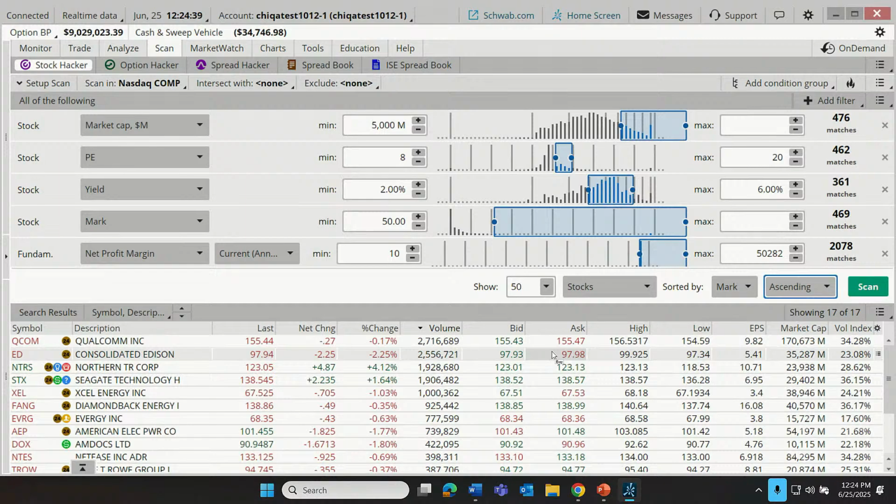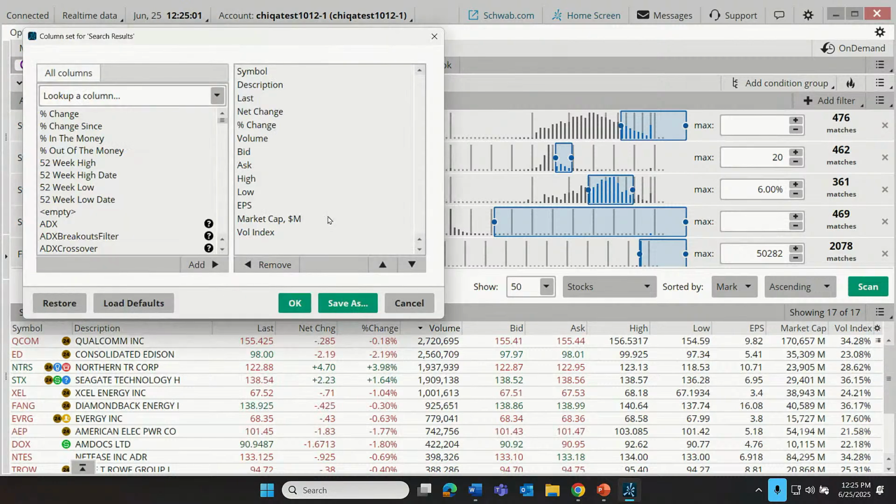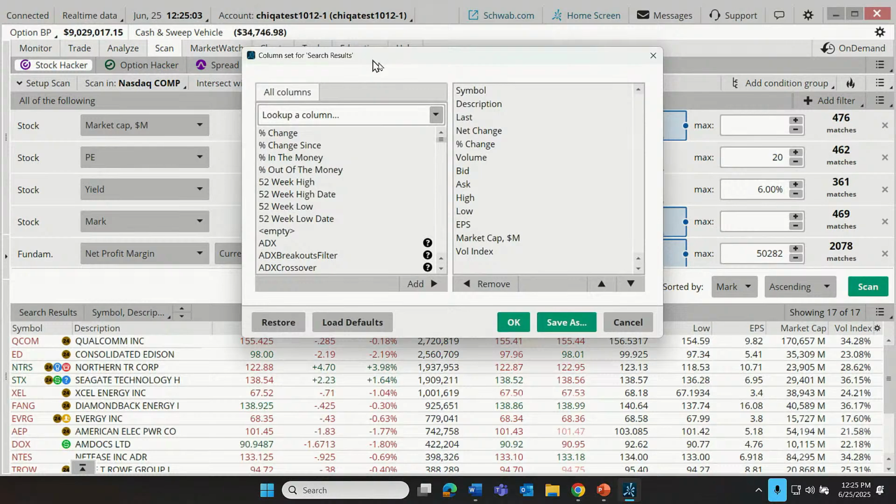And a final thing that I definitely want us to be aware of is that you might look at this and say, well, I have all these columns. There's market cap over there. That's nice because that was one of my criteria. But maybe I'm not interested necessarily in exactly what the default columns are, but we can customize that list of columns by clicking on this little gear. Let's choose customize, and we can start to build a custom column set.